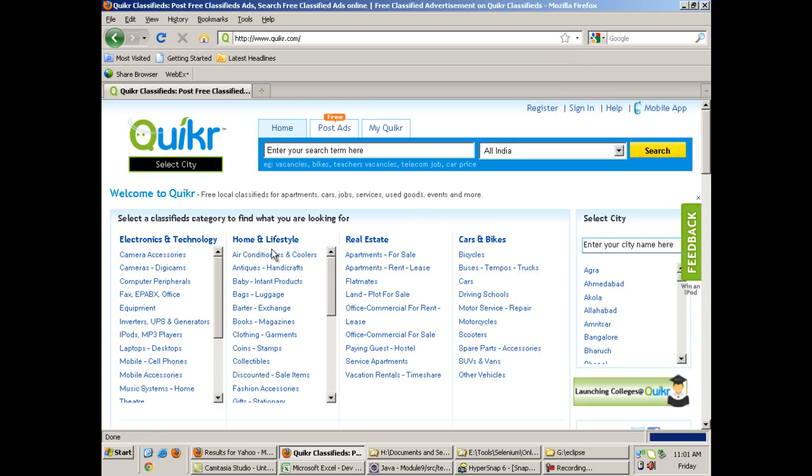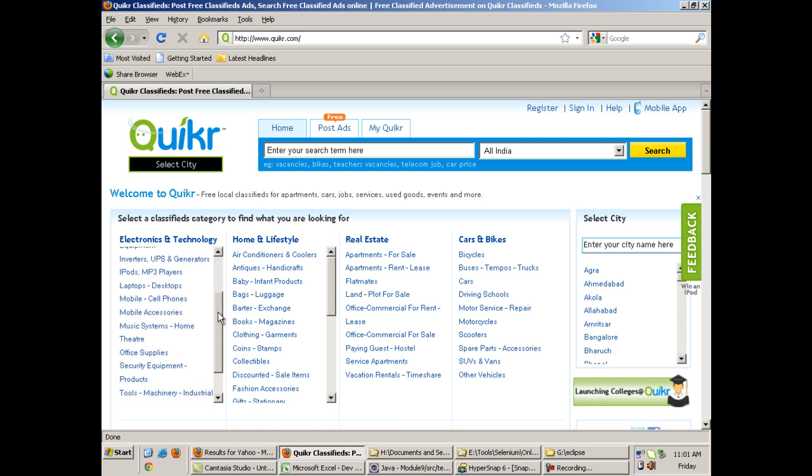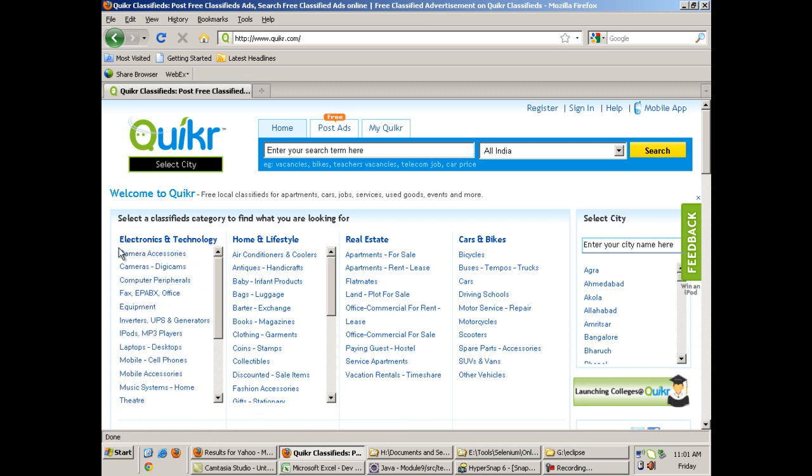On this website there are a lot of links, and my test case says: click all the links on electronics and technology and verify that the next page is opening or not. So you write a for loop which will keep on clicking each and every link using Selenium. We will see how to do that.